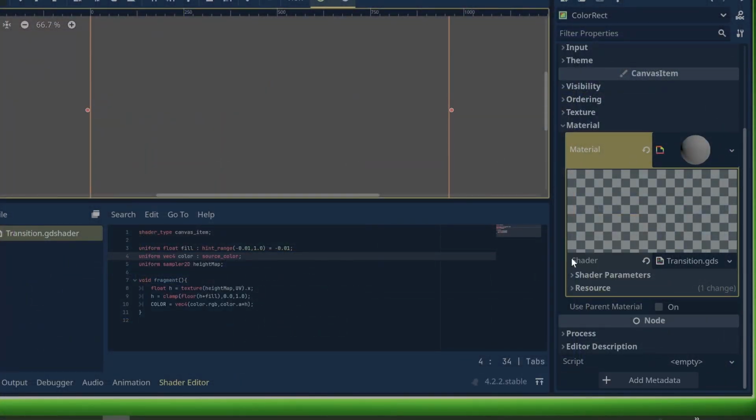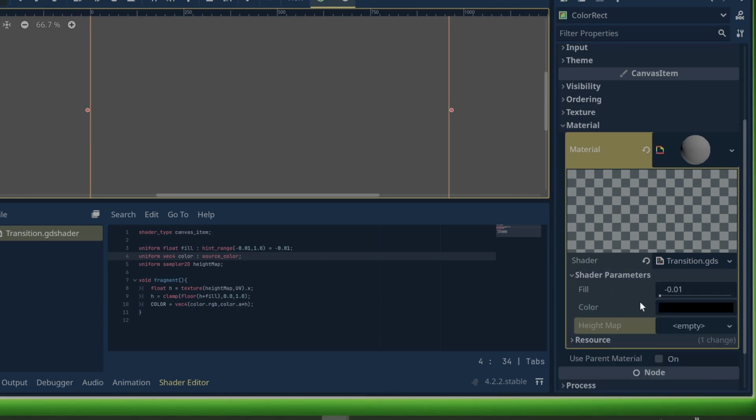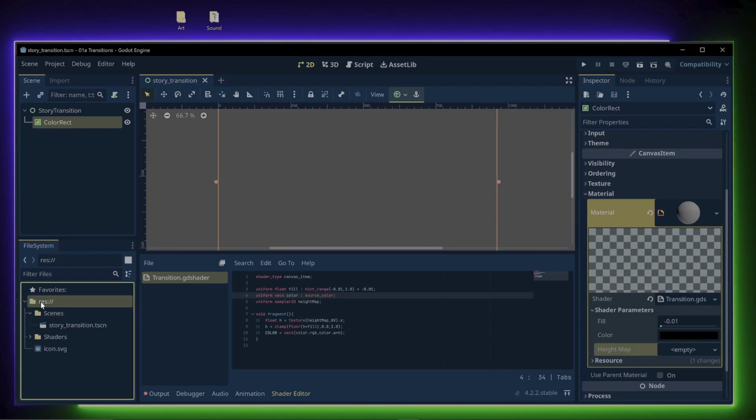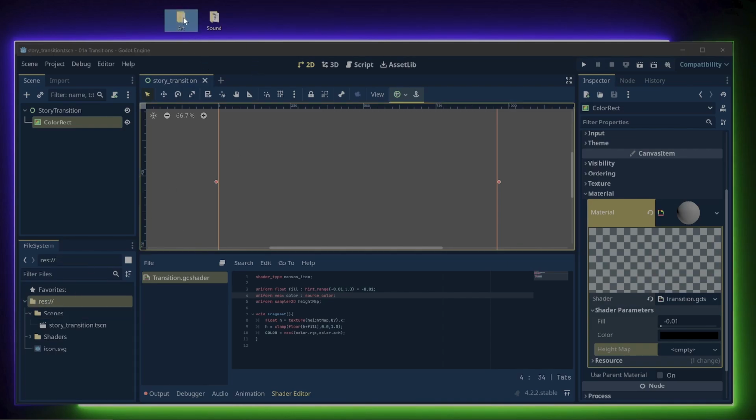In the material, under shader parameters, we see that 3 fields have been created: fill, color, and height map. I have created height maps using Krita and stored them in an art folder. Let's bring them into the project. With the root folder selected,